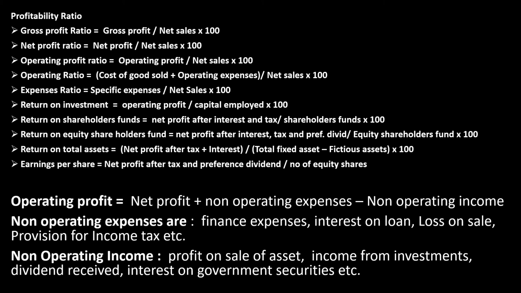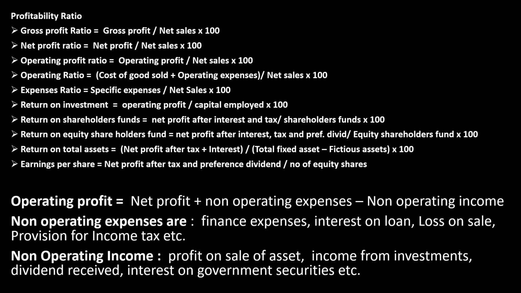Then return on investment. The formula for that is operating profit again. You know how to find operating profit. We've already done that. So divided by capital employed. Capital employed, I told you, is shareholders fund, into 100. Then return on shareholders fund: net profit after interest and tax divided by shareholders fund into 100. Then return on equity shareholders fund, which means net profit after interest, tax and preferred dividend divided by net equity shareholders fund. Then return on total assets: net profit after tax plus interest divided by total asset minus fictitious asset,